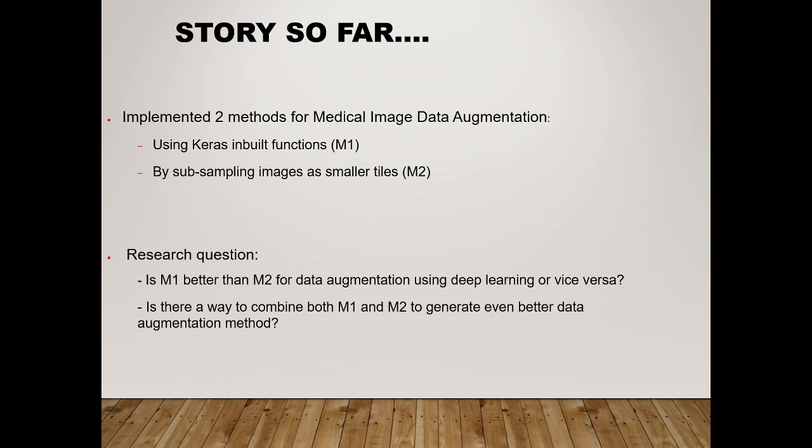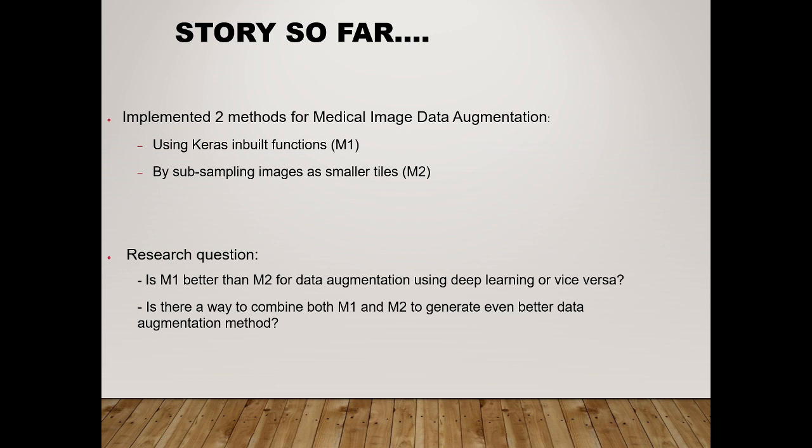So we've seen that both have different model parameters, and that's why you first need to do some sort of standardization, and after that you have to have these experiments which will tell you which one is better, especially for your application, which could be your retinal image segmentation, or it could be facial segmentation, or whatever, you name it. And the second one we want to answer is, is there a way to combine both models M1 and